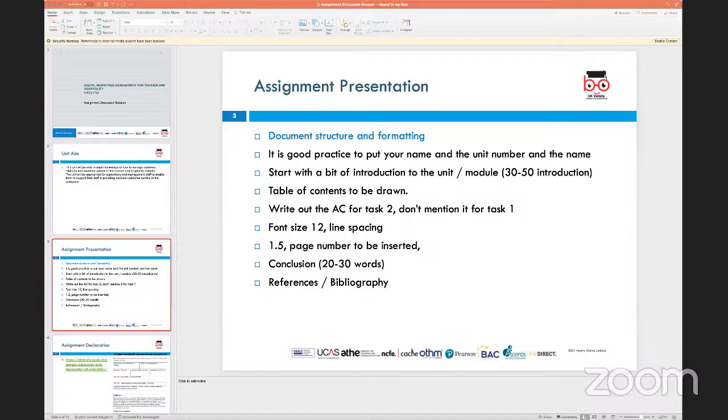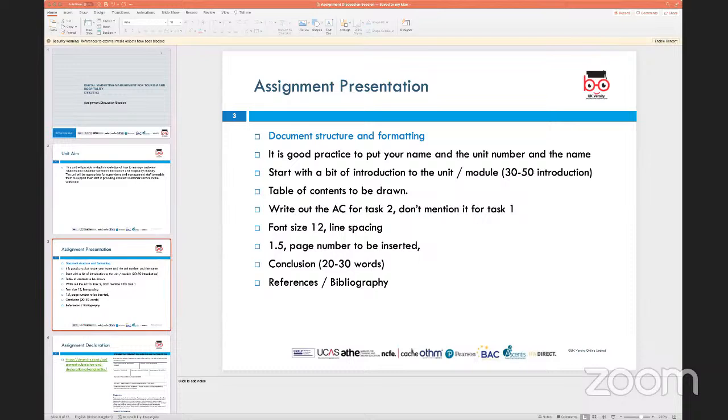So maybe a font size 12 font, whichever font is convenient, but generally for assignment and university purposes, we recommend Arial or Calibri font, and that generally should be font size 12. You're looking at a line spacing of about 1.5 lines, so that it's clearly legible and obviously presentable. So what we would then expect is that when you produce this document, you're looking at approximately 3,500 words, and these 3,500 words